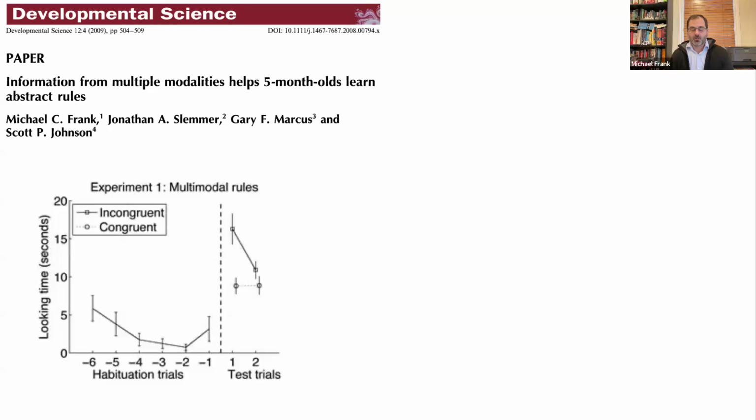And figure 1 was this plot of habituation. We showed babies multimodal rules, A, B, B, and so forth, instantiated in shapes and in syllables. These were 5-month-olds. And at dishabituation time, when there was an incongruent rule token, they looked longer than when there was a congruent token. What neither I nor my co-authors nor the 2 reviewers nor the editor noticed was that there was this obvious problem with this graph. The habituation times were extremely low, really impossibly low, because we were cutting off trials at 2 seconds. So some of this made no sense whatsoever.